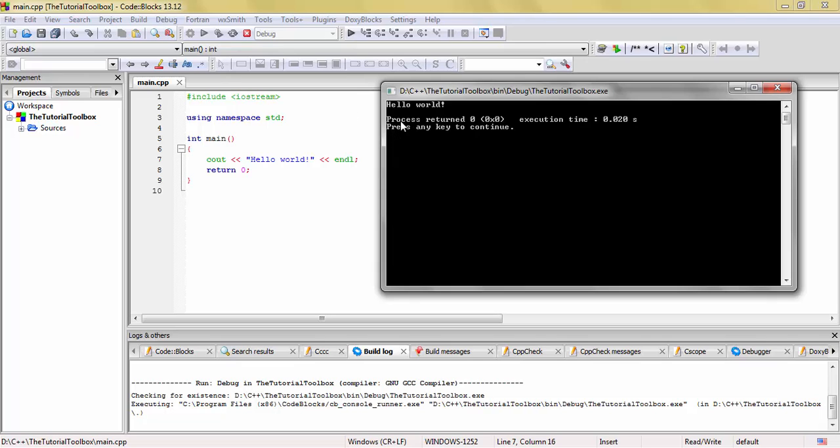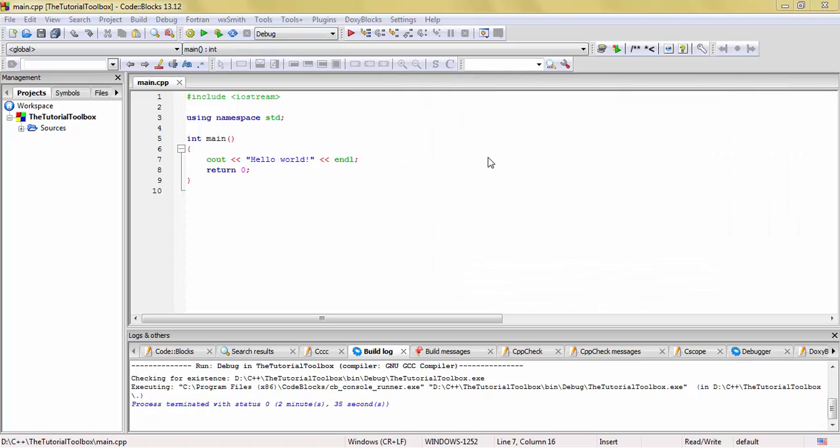So yeah, it says process returned 0 because we returned 0, and then it shows the execution time, which is how long it took for the program to run, which is in this case 0.020 seconds. And then it wants us to press any key to continue. So this is the hello world program,